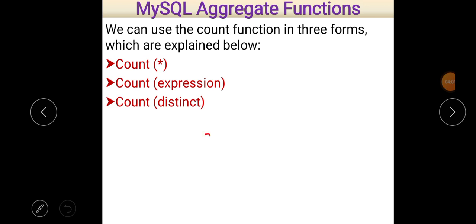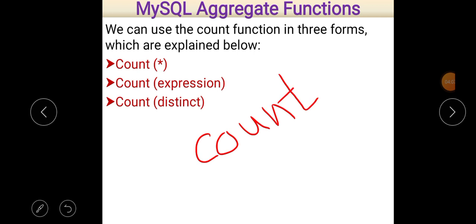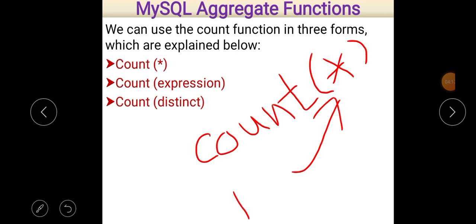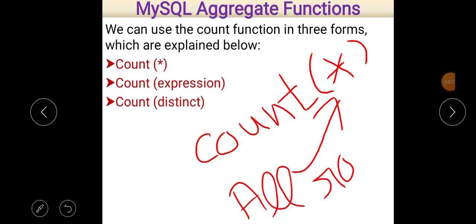Count is a function, so we write count, and if we write a star within parentheses, it simply means that the total number of rows will be counted in that case.